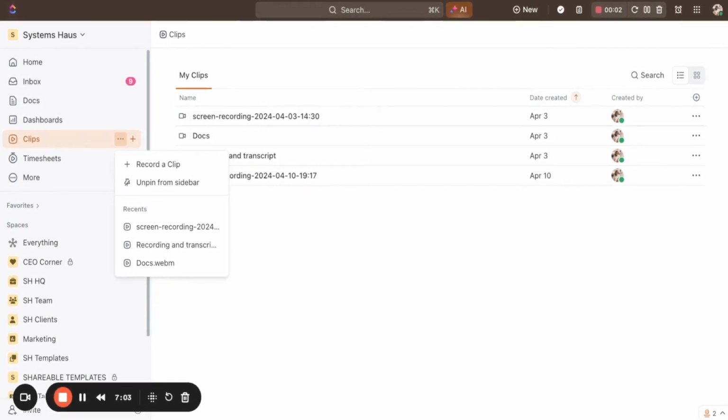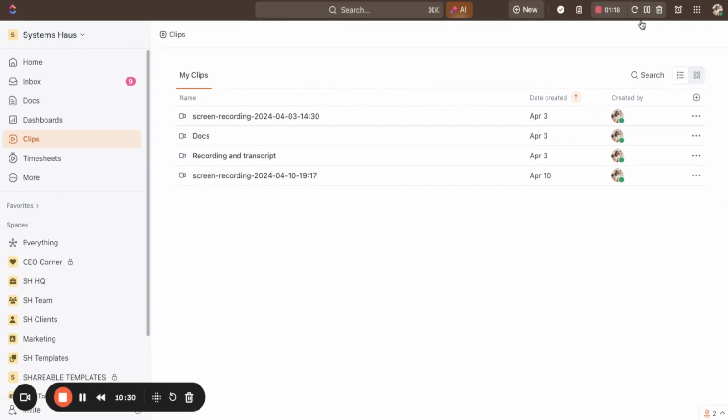So we've got our little timer here telling us how long this video is currently going to be. Let's just click that off. So now we've got some additional options here that you can see at the top. So we've got the option to reset the recording, or you can pause the recording, or you can delete the